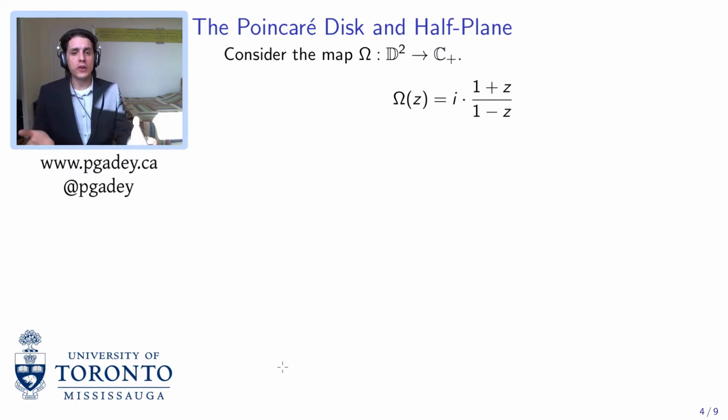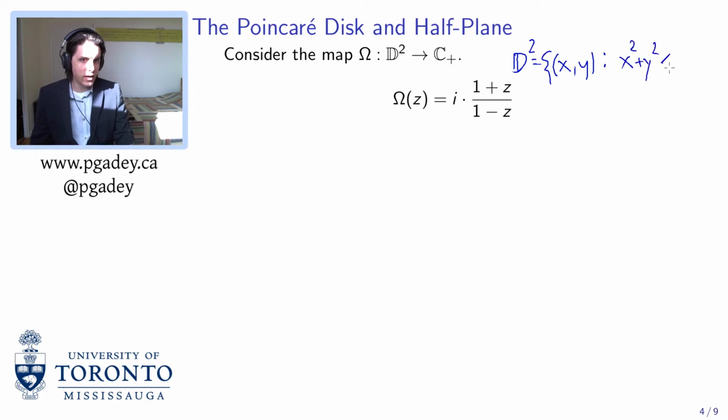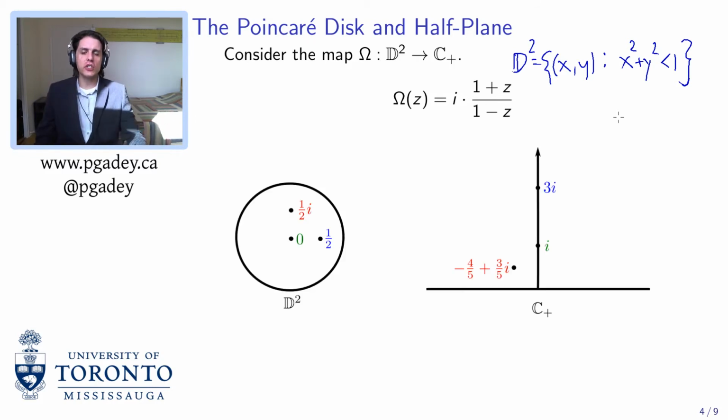Now, we have two models due to Poincaré. We have the Poincaré disk and the half plane. So the disk is D squared, and the half plane is C plus. The definition of D squared is all of those (x, y) such that x squared plus y squared is less than 1. And there's a very beautiful map, a fractional linear transformation, that takes this onto the upper half plane in the following way. So this map, omega,